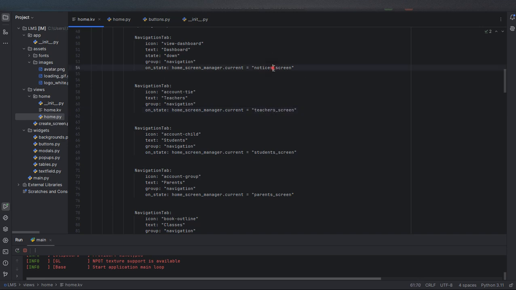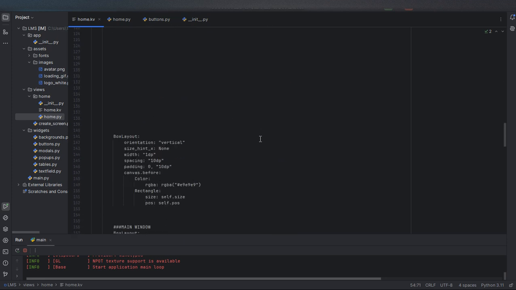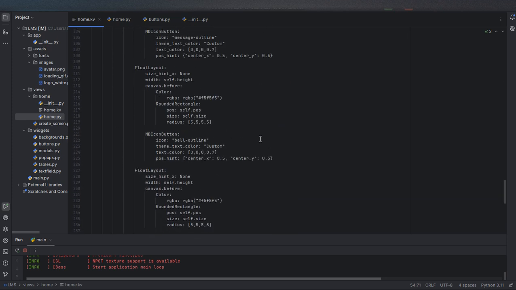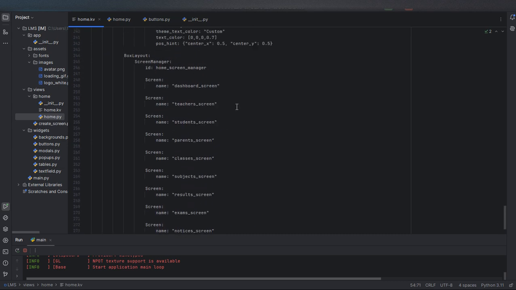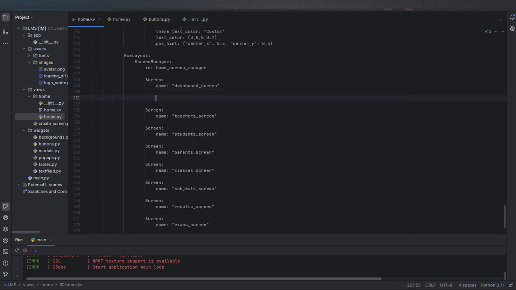Teachers. And this is going to be dashboard, like this. So what I'm going to do is add buttons with text inside our screens, so that we can see if the navigation is working. When we proceed with the tutorial and start making, let's say, the teacher's screen, that's when we'll get rid of the button inside our teacher screen and start working on the display that's going to be in it. So inside here, I'm going to add a button,